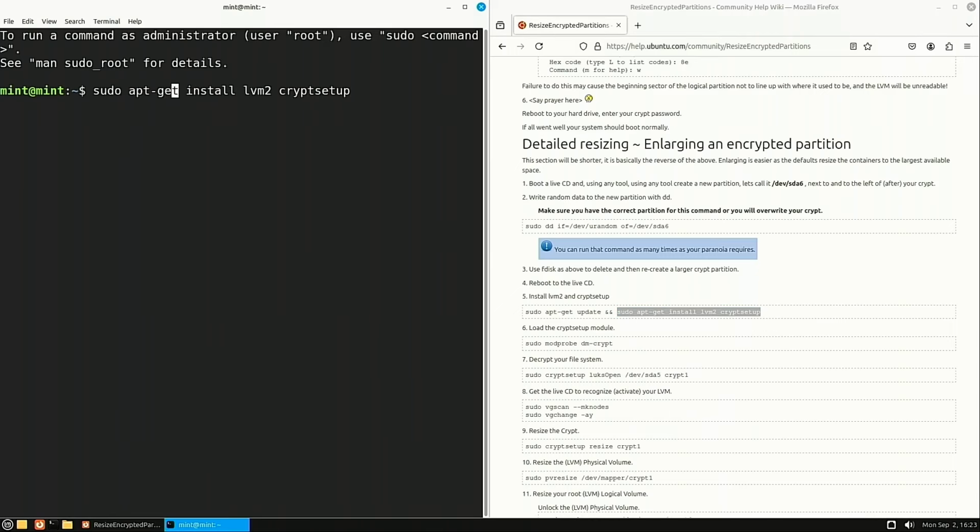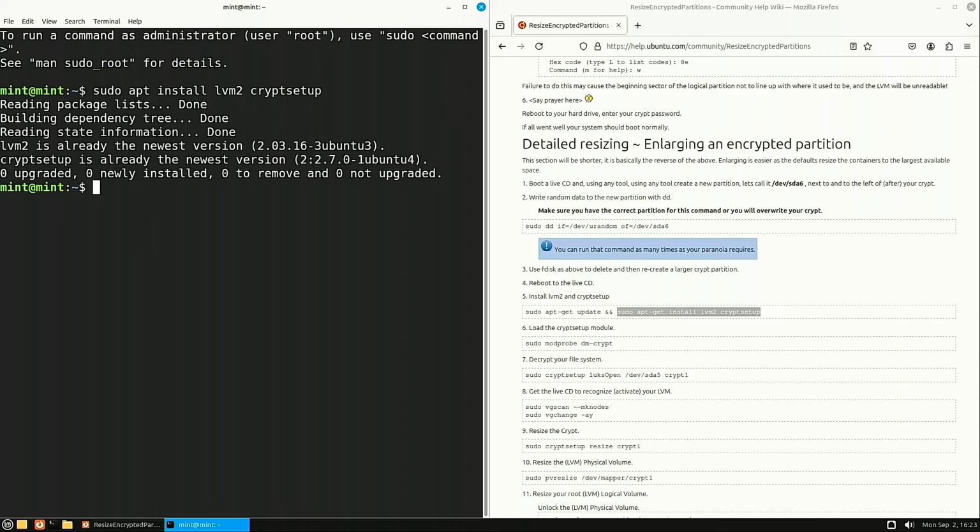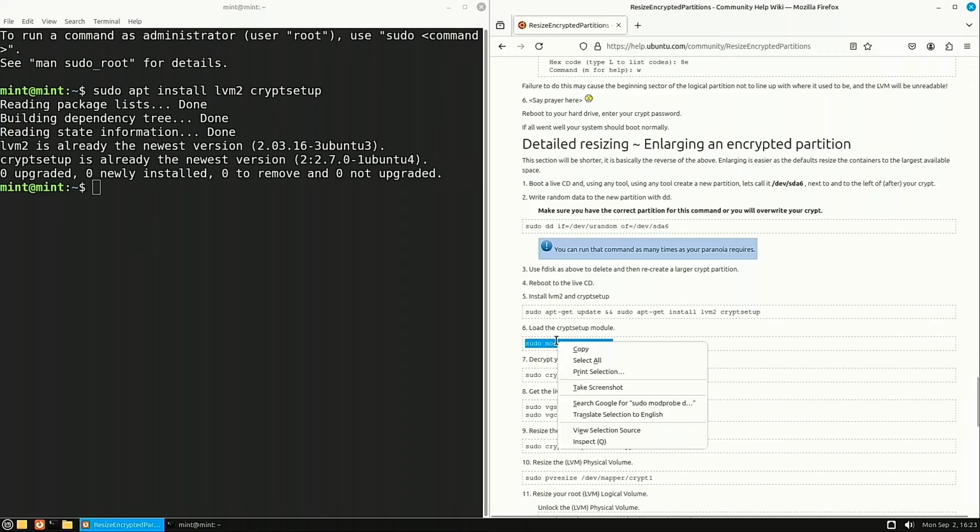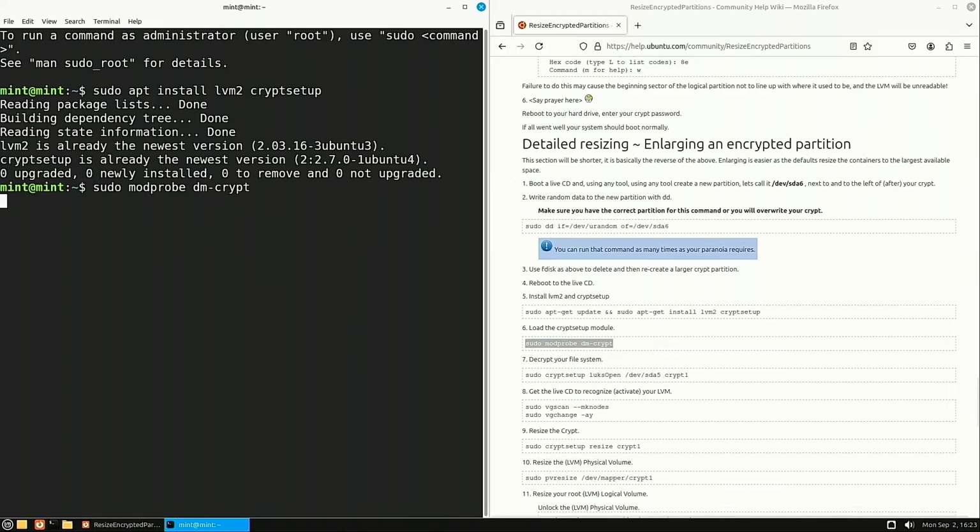Of course, this is old. We don't need the apt-get. Apt is just fine. And it's going to tell us that these are already the latest versions. We don't need to do anything. This should already be activated, but it does not hurt us to run the command a second time to be sure. And now the next step we need to do is